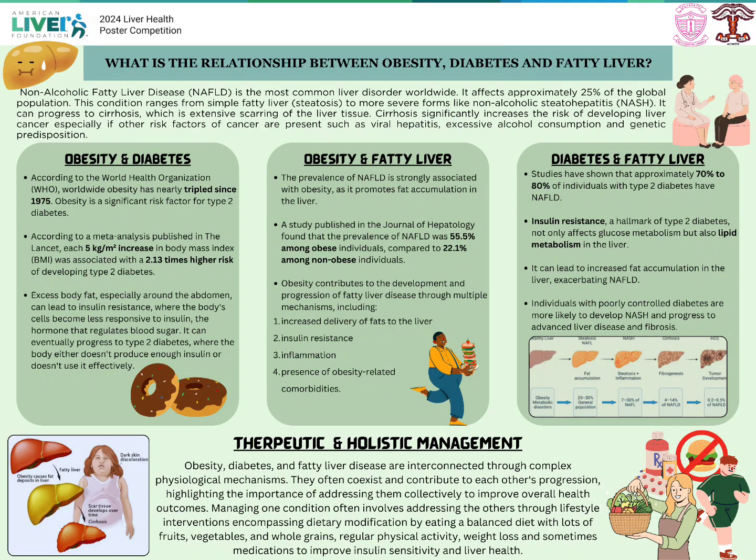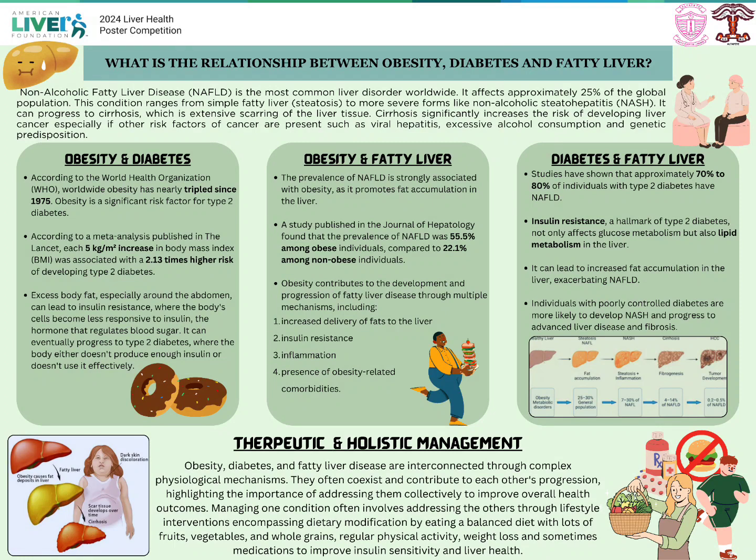and diabetes. If we talk about obesity, it has nearly tripled since 1975, and according to published research, for every 5 kg per meter square increase in the BMI, your risk of developing diabetes increases 2 times. When excess body fat accumulates around your belly, it can lead to insulin resistance. If insulin cannot perform its action, it will lead to high sugar level in the blood, which can ultimately lead